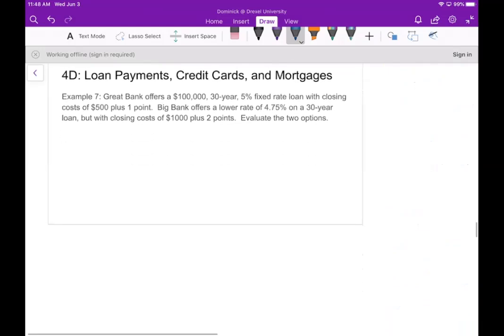Okay, so let's look at another example. Now, Great Bank offers a $100,000 30-year 5% fixed rate loan with closing costs of $500 plus 1 point, and Big Bank offers a lower rate of 4.75% on a 30-year loan, but with closing costs of $1,000 plus 2 points. So we're going to evaluate the two options. So now, first of all, let's figure out what the closing costs are. So now for the Great Bank option,